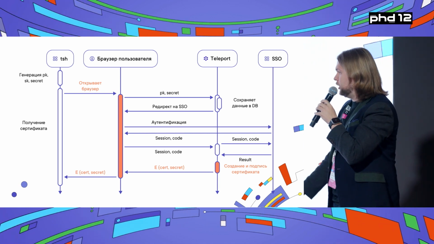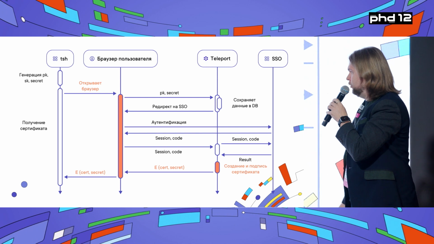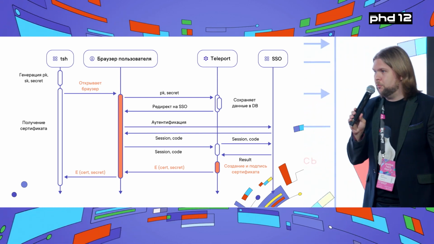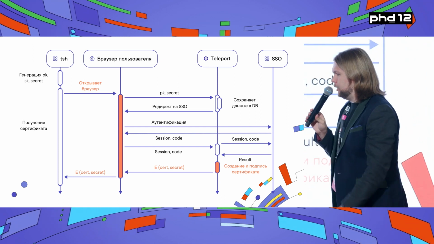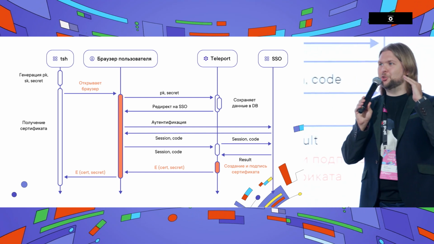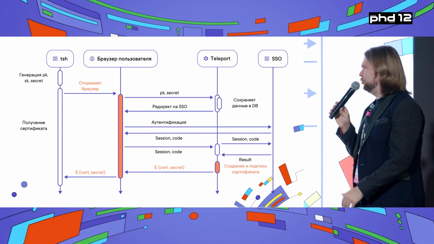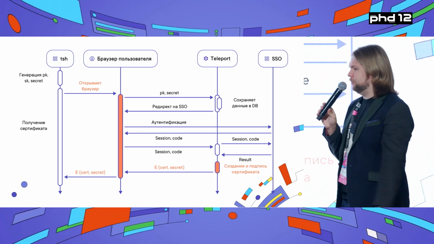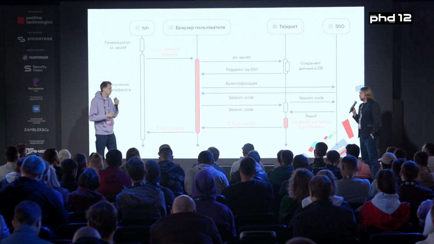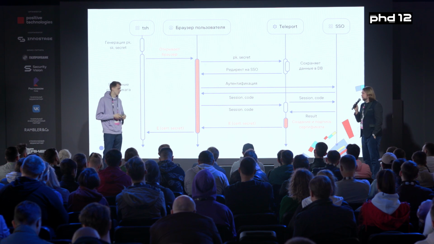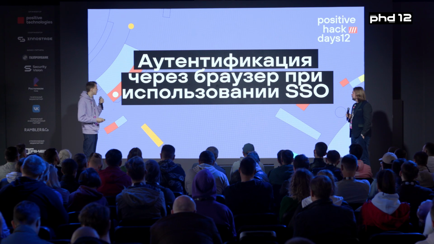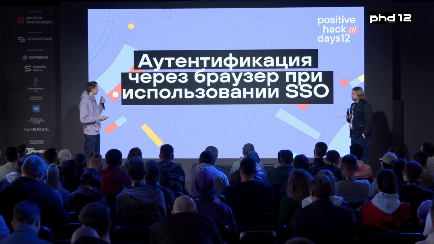Some variable secret is being used, and then the data would get to the client's browser, and it would go to the TSH utility. That means that the client has a short-lived SSH certificate that you can use in order to visit the final service. That means that the private key is stored with the client. So that's the essence of the system. This is what we wanted to double-check in that scheme. Anton.